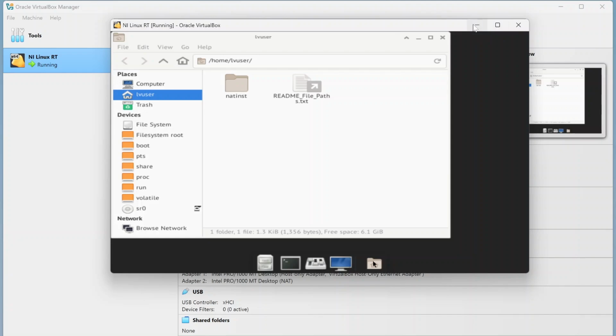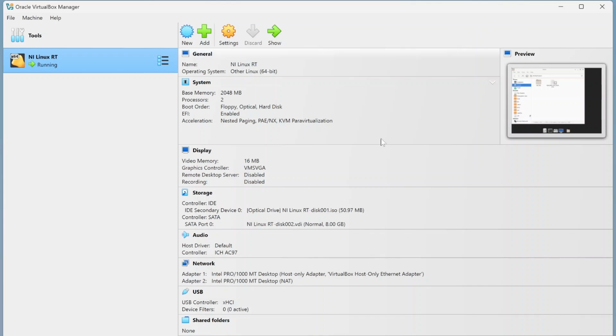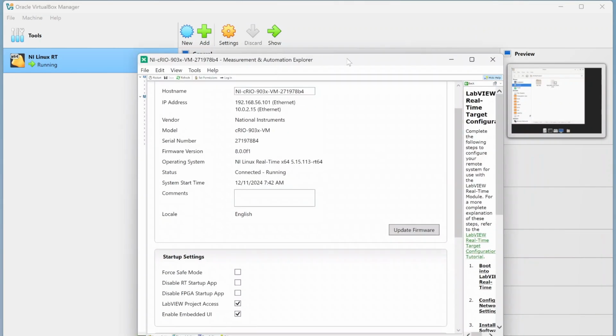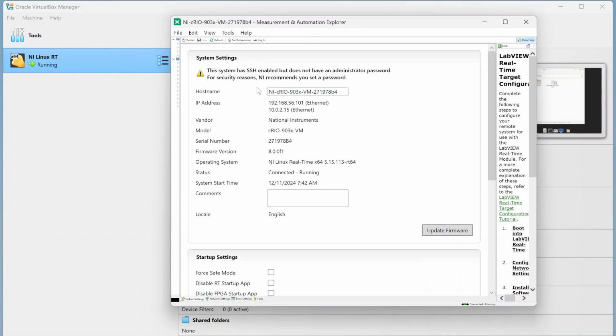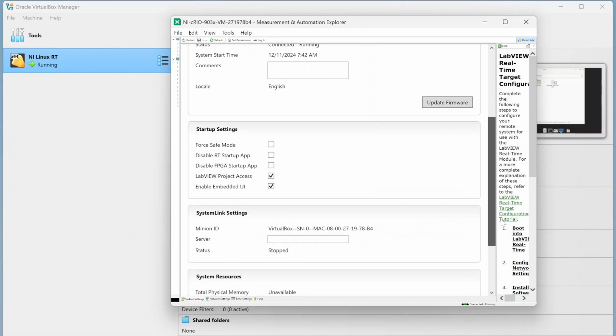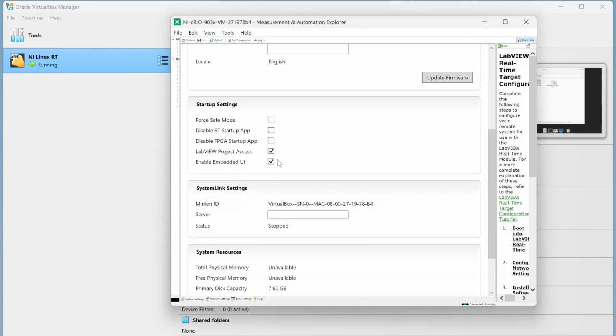So through the embedded UI, you can see this also shows up in NI MAX. So it shows that it's connected. I can see I have 2 adapters like I showed you. This first one being the host-only adapter, and this is my NAT one. You can see basically what version of NI Linux RT. If I wanted to, I can upgrade the firmware. I can change settings. So right now I do have enable embedded UI, which is why you could see the UI. Otherwise, you would just see the little terminal you usually see when you connect a monitor to